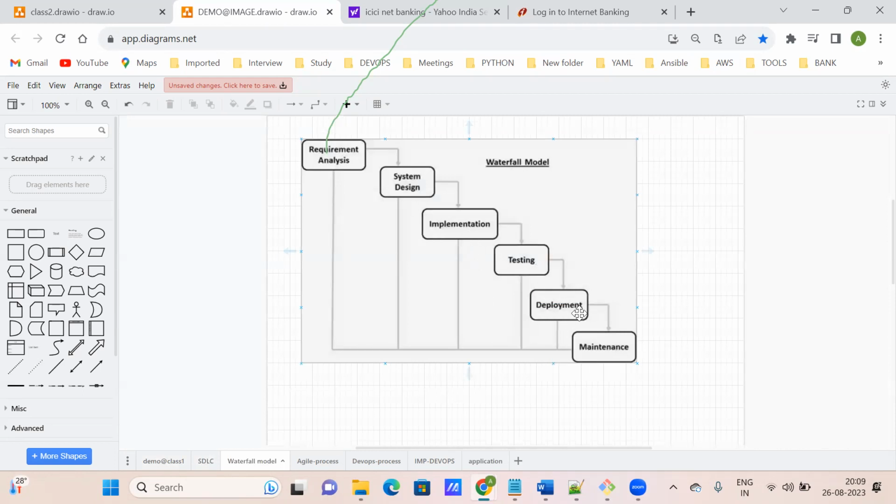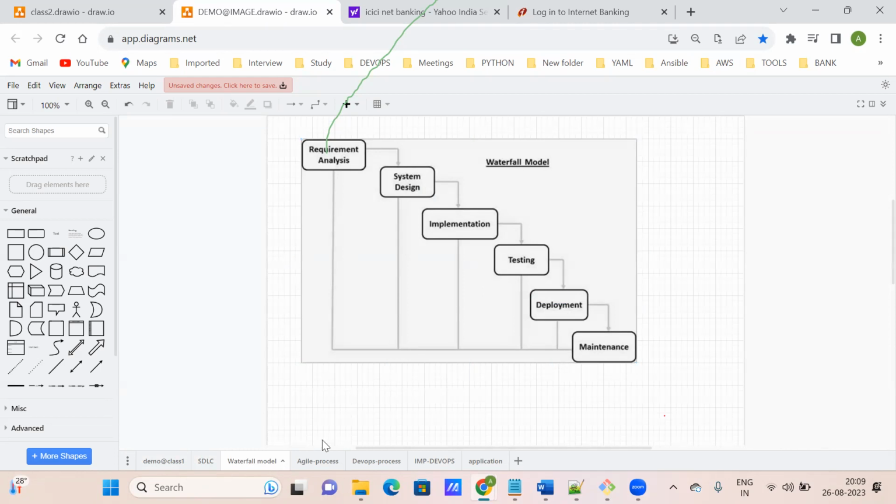Release means your deployment. Let's say you are going to release your Flipkart application. That means everybody in the world needs to see this Flipkart application, so you deploy it on a server. Deploy means you put that code on a server, and through a browser you access that particular product. That is called your deployment. Once deployment is done, if the customer gives some feedback, that is considered your maintenance part.